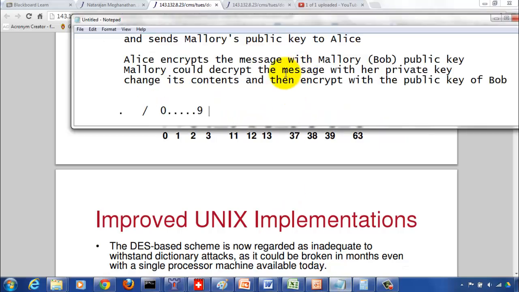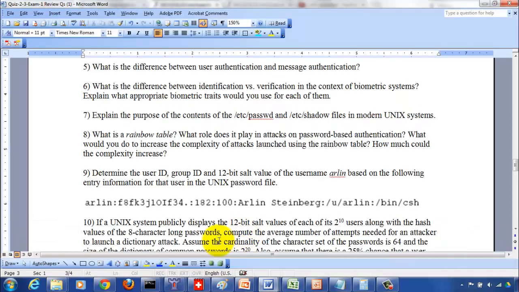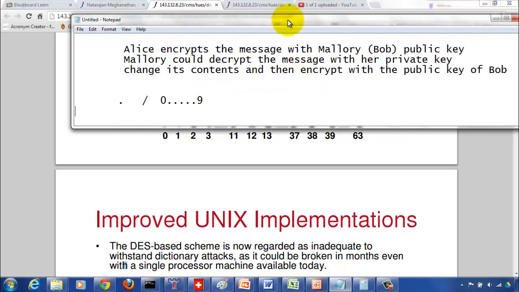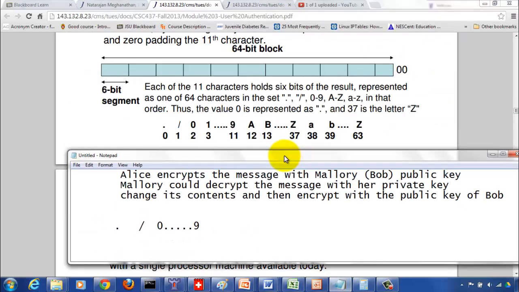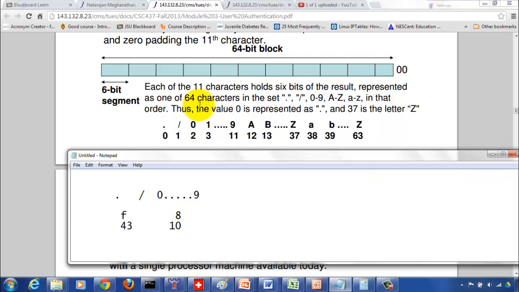So we have here F and 8. So how would I run it? So F and 8. You see here F is somewhere here, right? So B is 39, C is 40, D is 41, E is 42, F is 43. Then 8 is over here, so if 9 is 11, 8 should be 10, right? So we found the corresponding